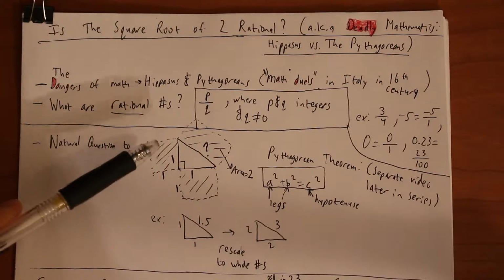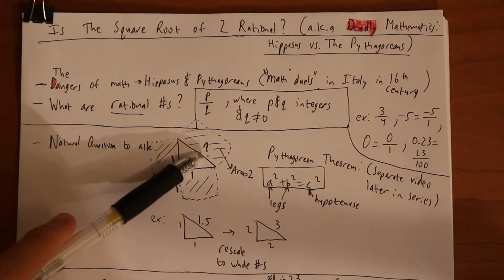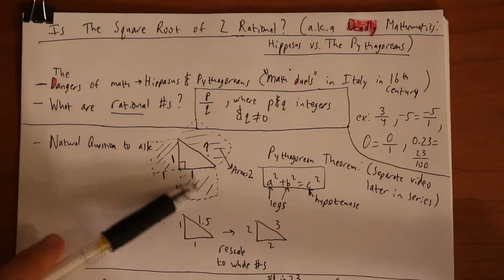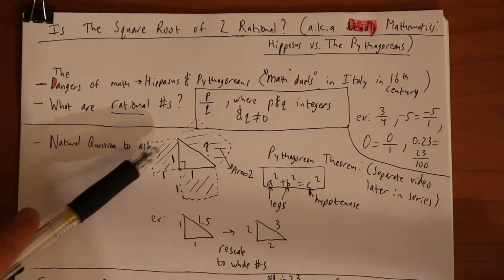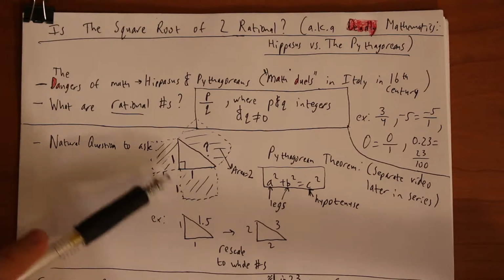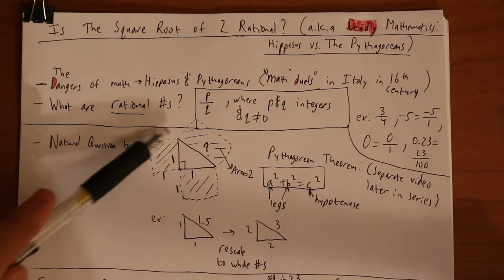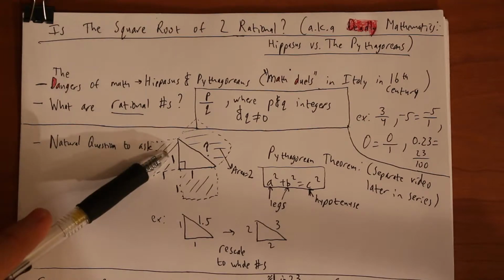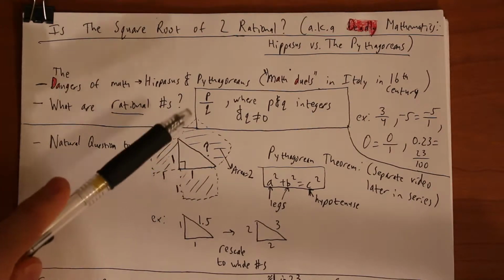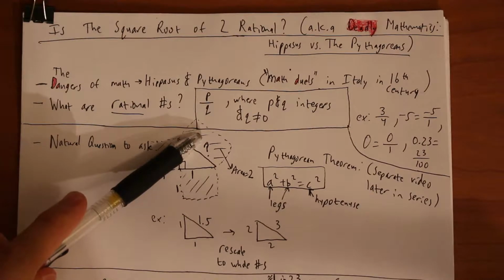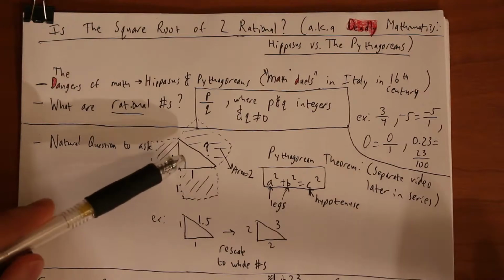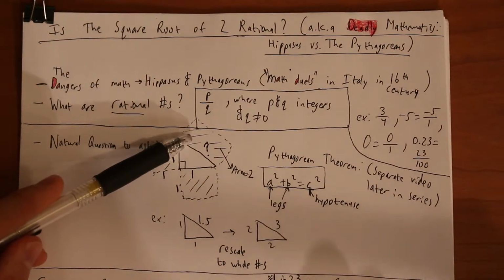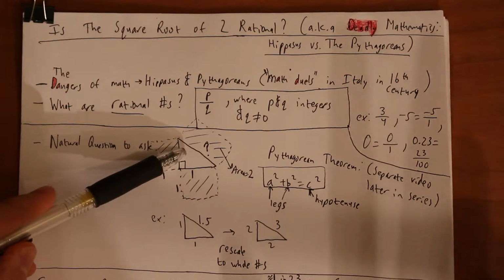So the point is, can we find a nice number for this dimension such that this area plus that area is that area? Now, we know if this is 1 by 1 and that's 1 by 1, the area of a square is just the number squared, 1 squared for this square, so that would be 1 plus 1 is 2. So therefore the area of this square needs to be 2. So can you find a number such that that number squared gets you 2? Which is the same thing as saying, is there a number that's the square root of 2 that is a nice number, that's rational?